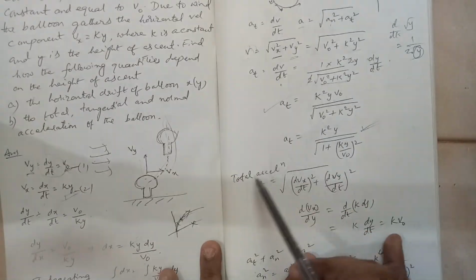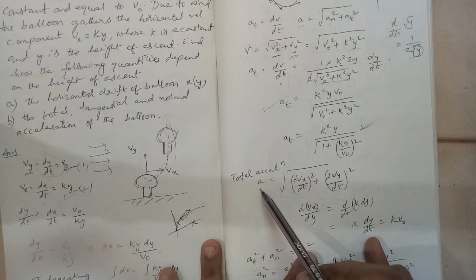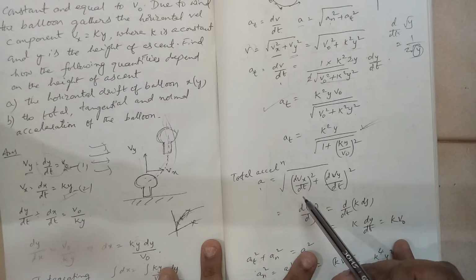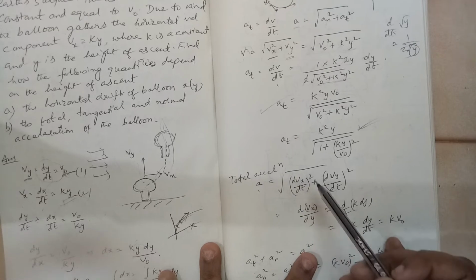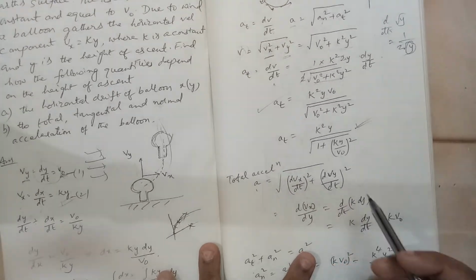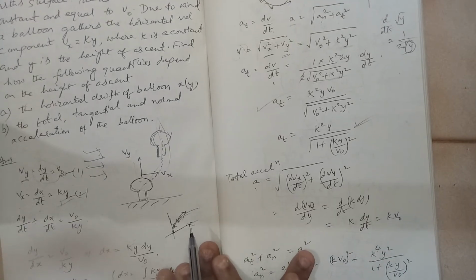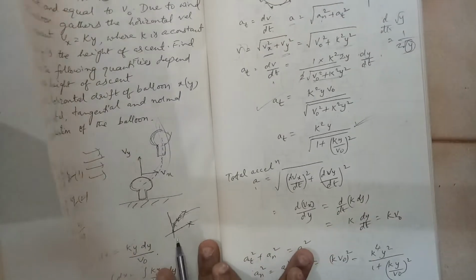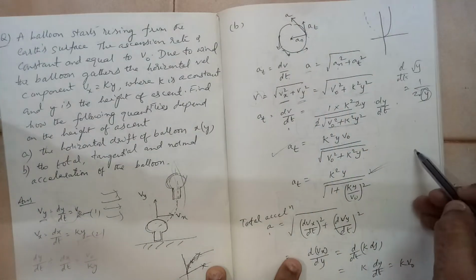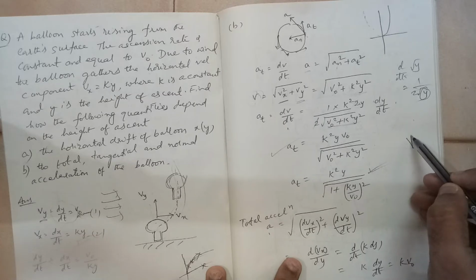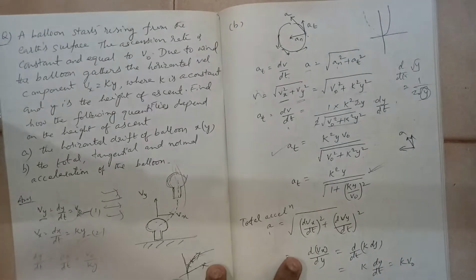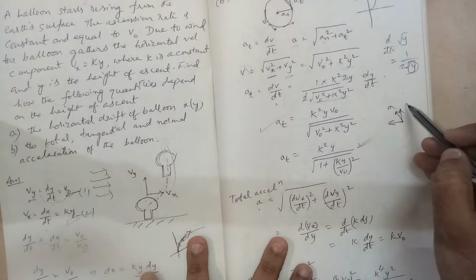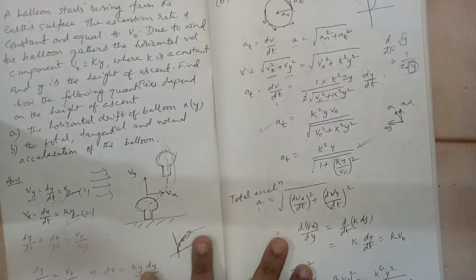Now what is the total acceleration? Total acceleration A is, just now we discussed, you need to take the acceleration in the x direction and acceleration in the y direction, and you need to find the resultant of that. That is the total acceleration. That means at this particular point, it is moving like this. You will have some x, you have some y. So this will be the A, the total acceleration. This I will call AX, and this AY.